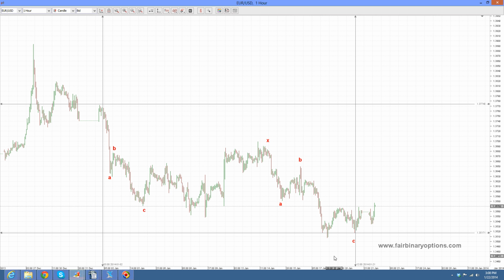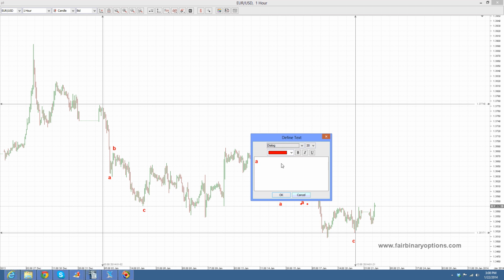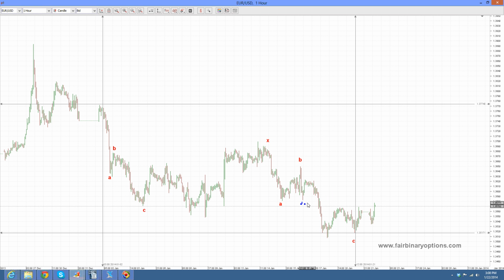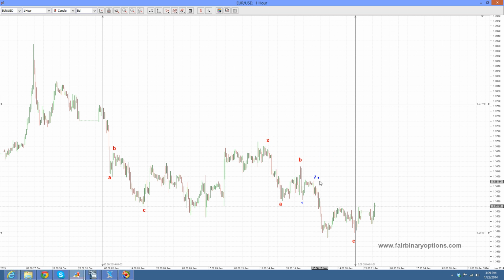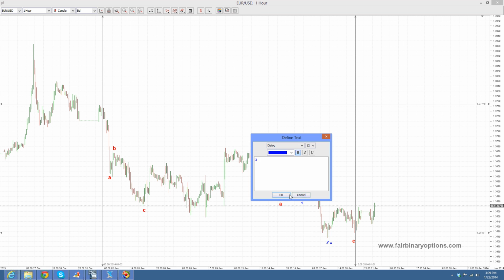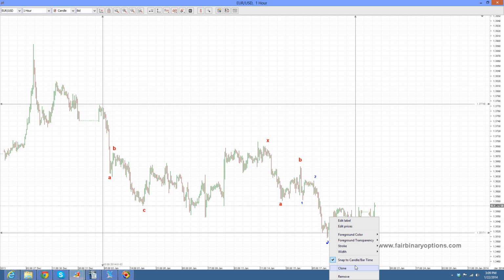That impulsive move with a fifth wave failure should be labeled as this being wave 1, the first wave, this being the second wave here, this being the third wave, this being the fourth wave,